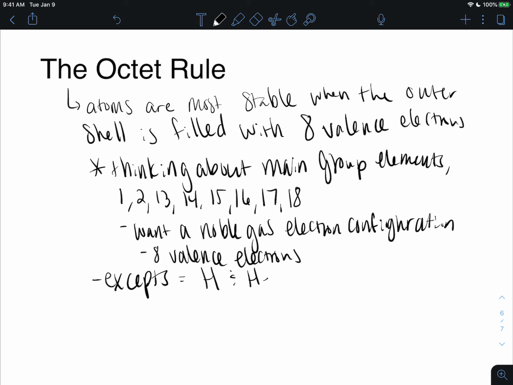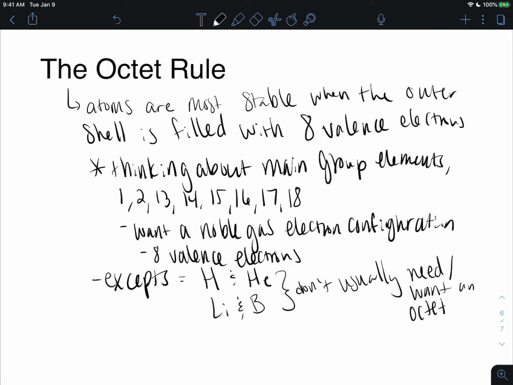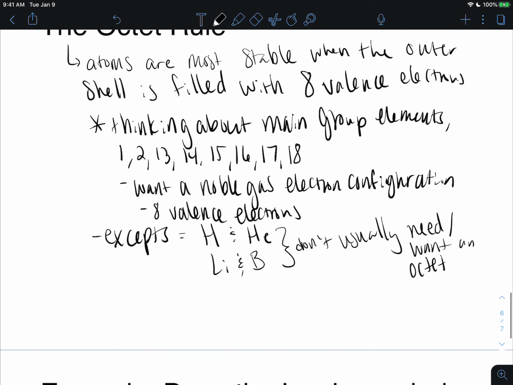Hydrogen and helium, and then lithium and boron, don't usually want an octet. Okay, they're all going to be our lighter elements, and they can have a little bit fewer electrons and still be stable. As a note also, with our main group elements,